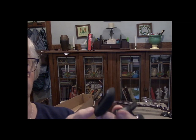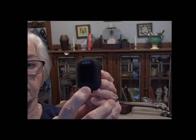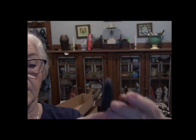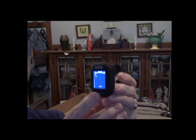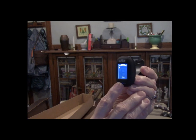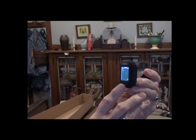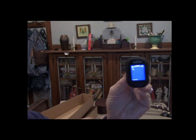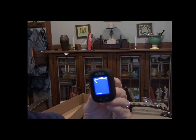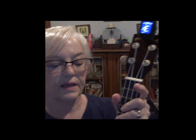So first thing I'm going to do is push the button on the bottom, and it comes on. Now I want to find the ukulele. Right now it's on bass. I'm going to toggle this thing until this one says violin, this one says ukulele. Then I know that it's going to listen to my ukulele pitches. All right? So I'm going to clip it on the top of the ukulele like that,